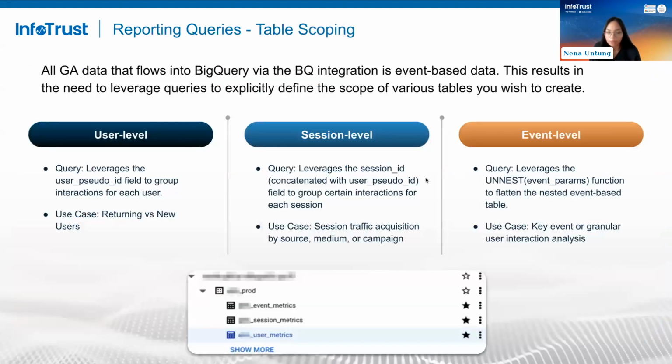All right, so one of the most important concepts when it comes to working with Google Analytics data with BigQuery is scoping, because scoping basically determines how metrics and dimensions are associated with users, sessions, and events. So if you don't consider scoping when you are structuring your queries, your reports may produce either duplicative or misleading data. This is especially true because with GA4 BigQuery raw export, the data does come at the event level,